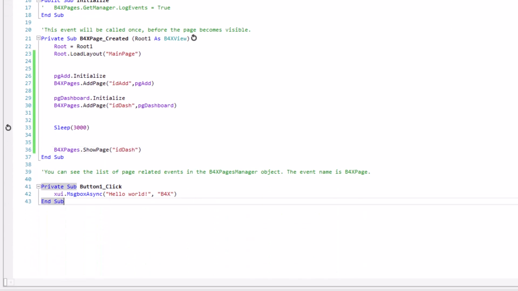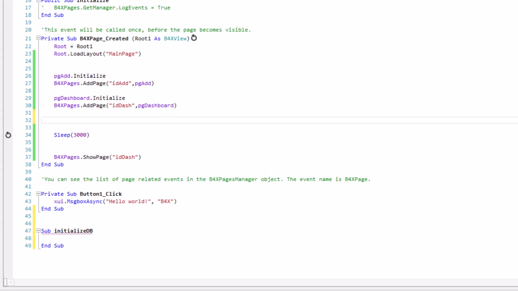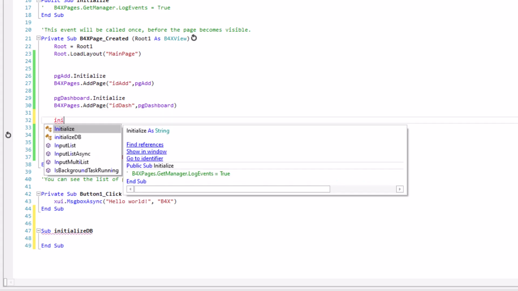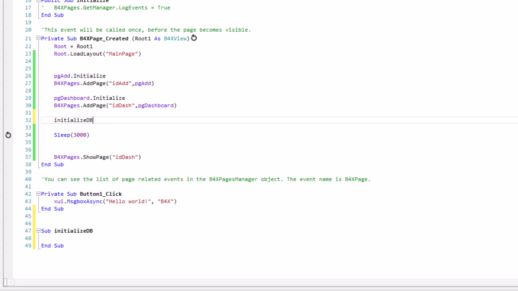Let's create a sub, InitializeDB. So we'll call it here, InitializeDB. So let's copy it to internal storage.